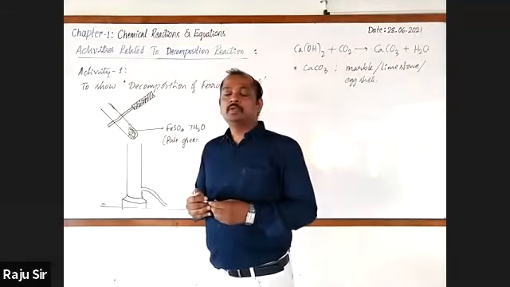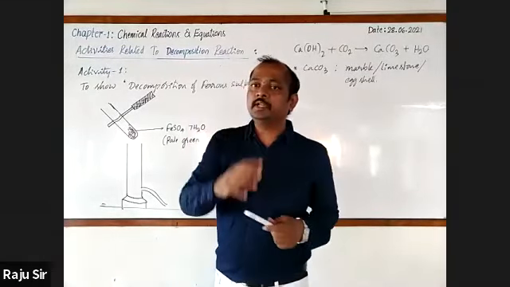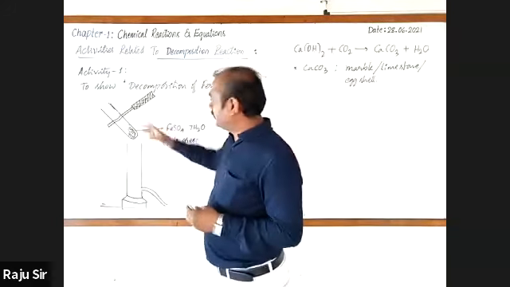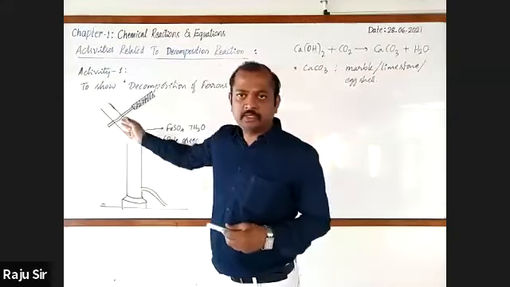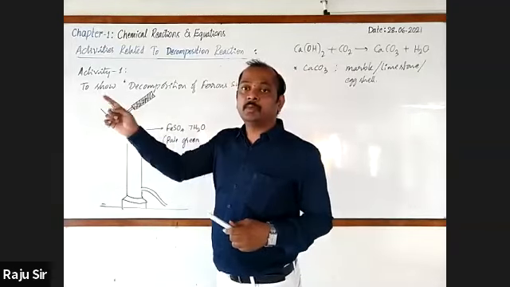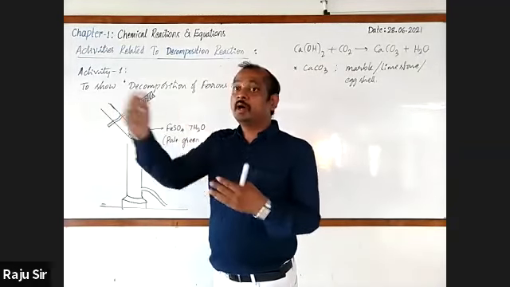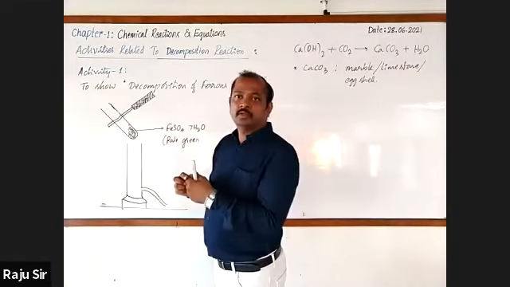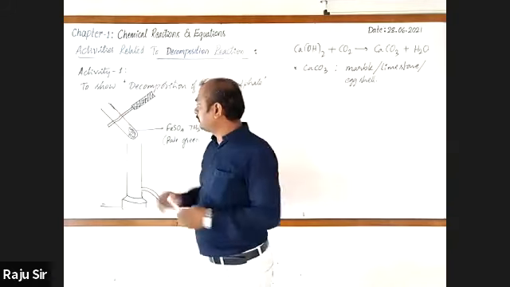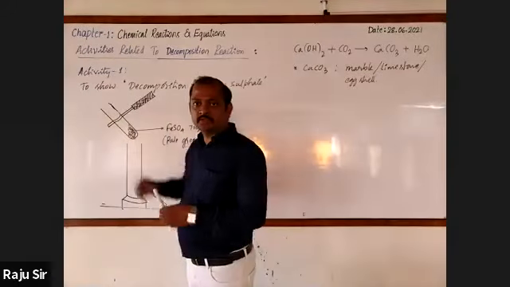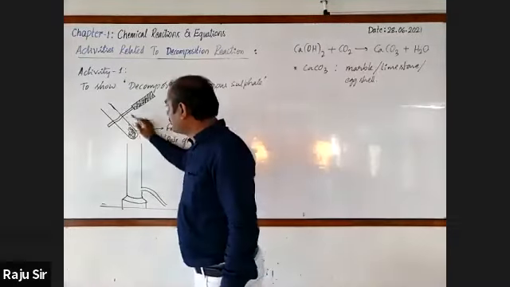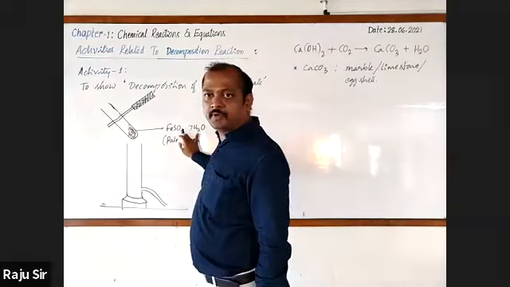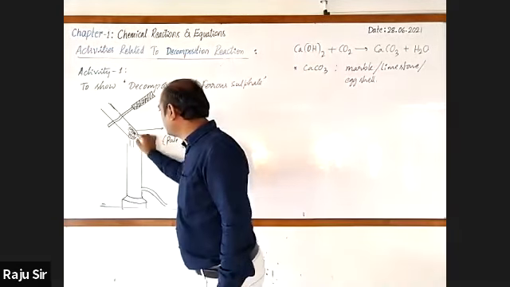One thing you must notice: when you are heating the boiling tube, or in any experiment where you are heating the apparatus, the mouth of that apparatus, our test tube, should be away from us, not against us. Please do remember that it should be away from us, and that's why I've drawn it like this. Now let us go for heating the boiling tube containing ferrous sulfate crystals over the Bunsen burner flame.